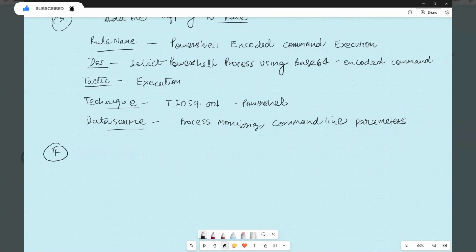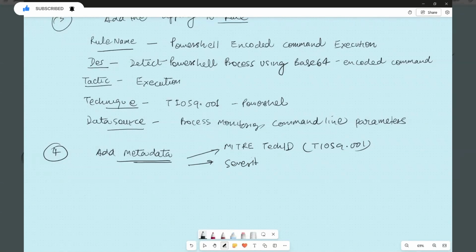All right, now we have step number 4. So add the metadata for context. So if your SIEM supports it, add some tags like the MITRE ATT&CK ID, like T1059.001, and then also you can add the severity of the rule, and then